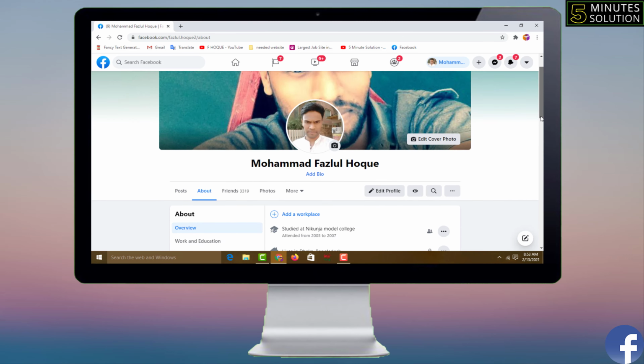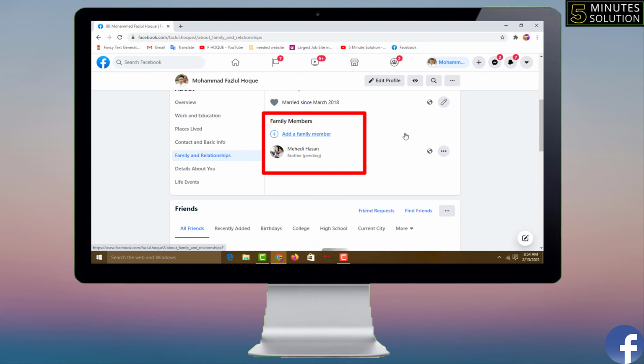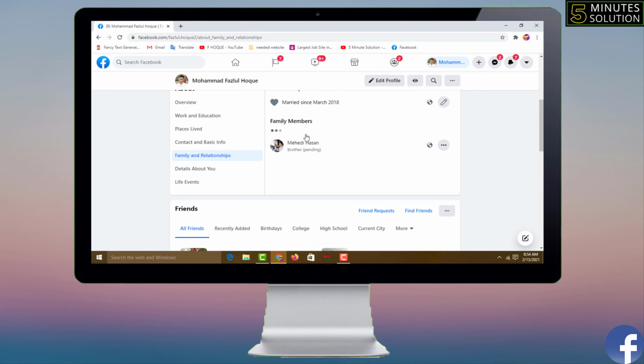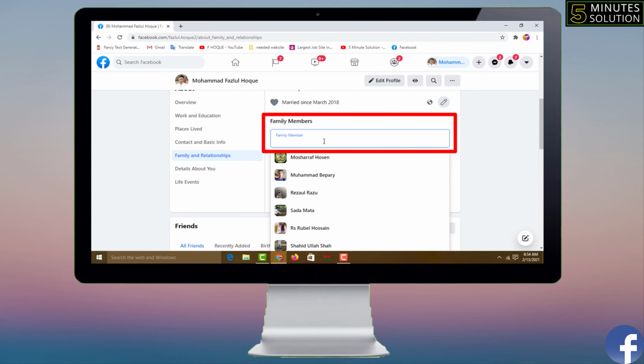After that you have to scroll down. And see it has family and relationships, right? You have to click on here. And on the right hand side you can see add a family member, right? You can click on here. Then you have to click here. And you have to type your family member name who is using Facebook account. So I'm writing